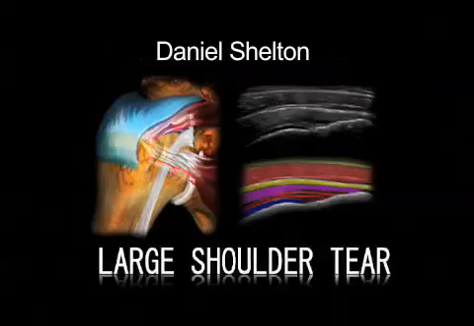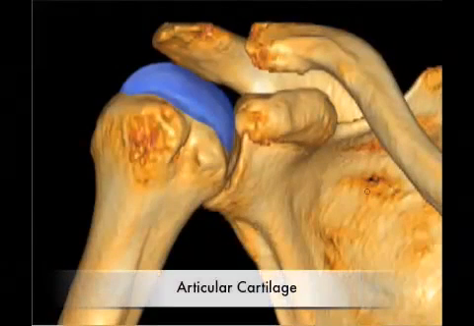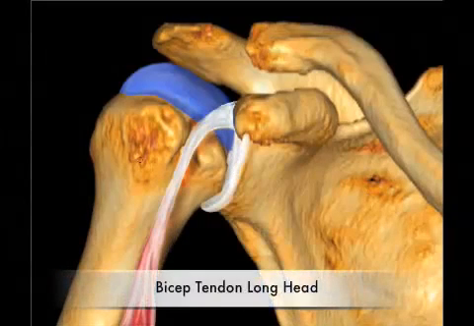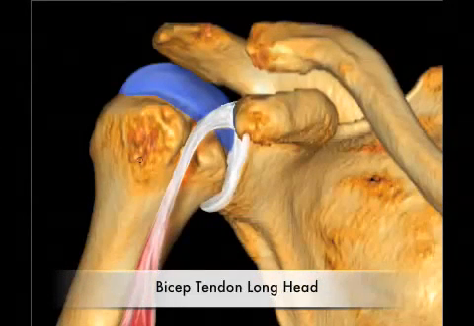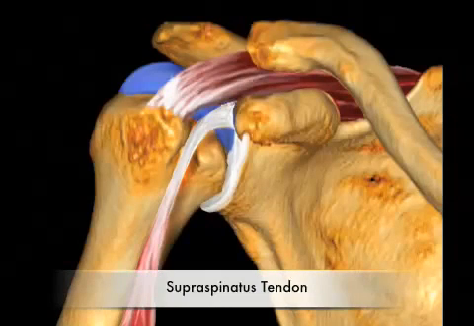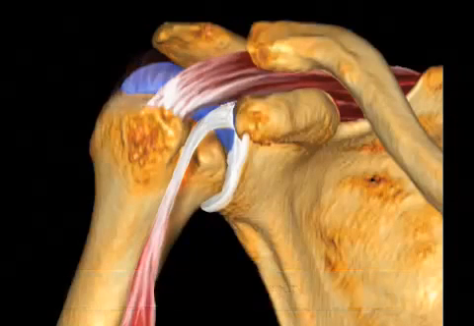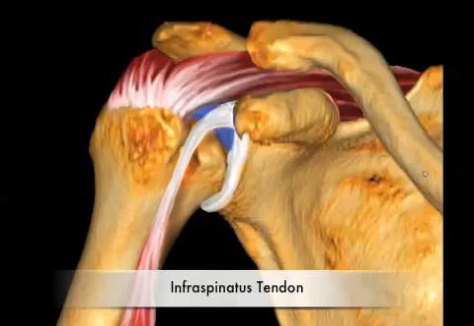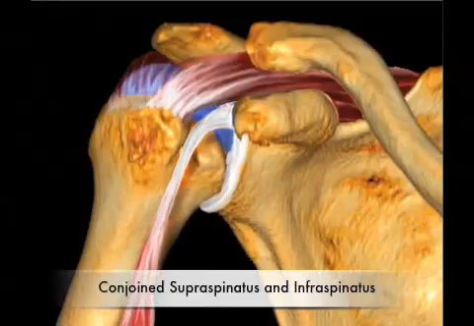The following study describes a large tear with full thickness communication. First, we'll describe a brief anatomy review, starting with the humeral head covered by articular hyaline cartilage, the bicep tendon as it passes through the biceps groove, the supraspinatus tendon as it attaches to the anterior aspect of the greater tuberosity, the infraspinatus tendon as it attaches to the posterior aspect of the greater tuberosity, the conjoined portion of the